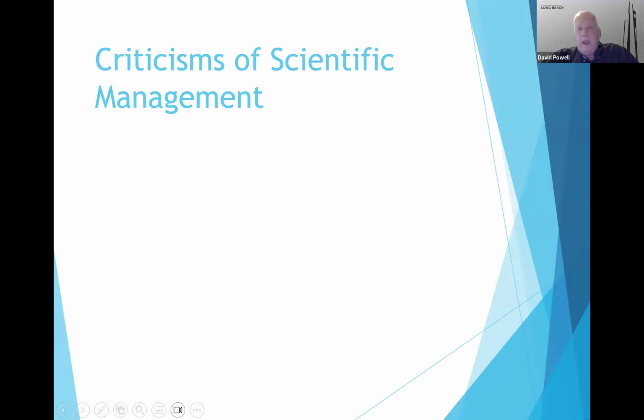So we see Frederick Taylor developing a scientific management theory, applying it in the private sector. It really became very much in vogue in the private sector. And we know that sometimes when things become in vogue in the private sector, it's just a matter of time before people start transferring them over to public organizations. And we started seeing that happen in the 1920s and the 1930s, irrespective of all the limitations and criticisms of Frederick Taylor's scientific management.